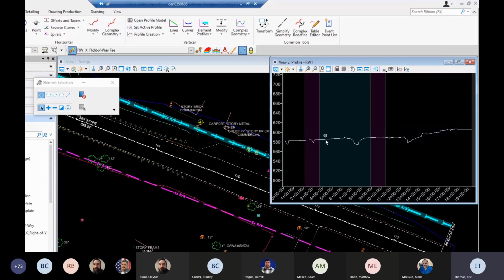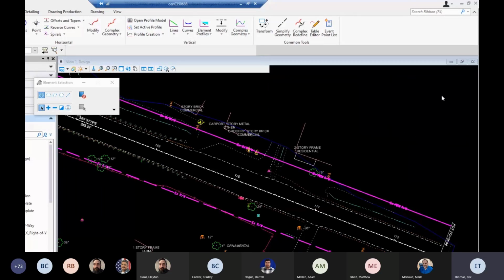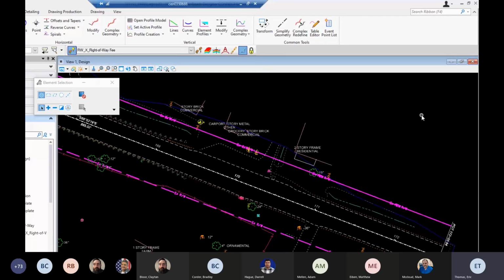What I want to do is just select that element and set that as the active profile, and that will make my 3D line string for that go to full length using this new piece. So I'm going to close that out, and let's take a look at the other side. For this one, I'm going to assume that I did not have any terrain. So what I want to do is define a profile for this, and what I'm going to do is just do a profile by